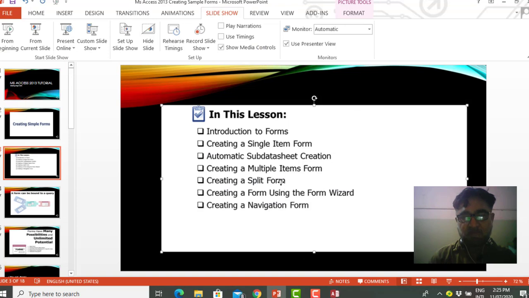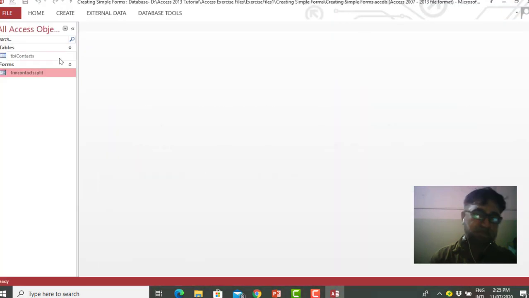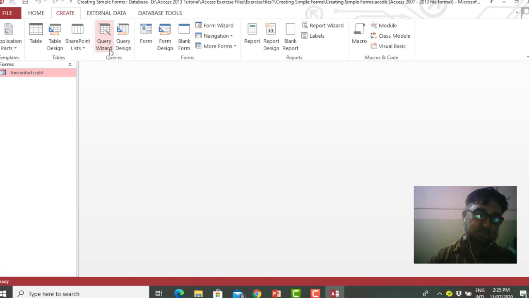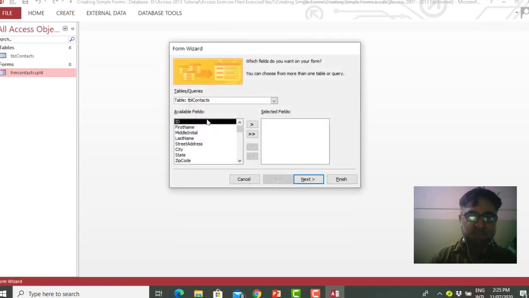Now as we have created this split form, after this we are going to create a form using the form wizard. Let us use the wizard to create a form. Create, form design, form wizard. You use this. As there is only one table, TBL contacts, in this database, I am going to use a few of its fields, not all the fields, and I am going to say next.